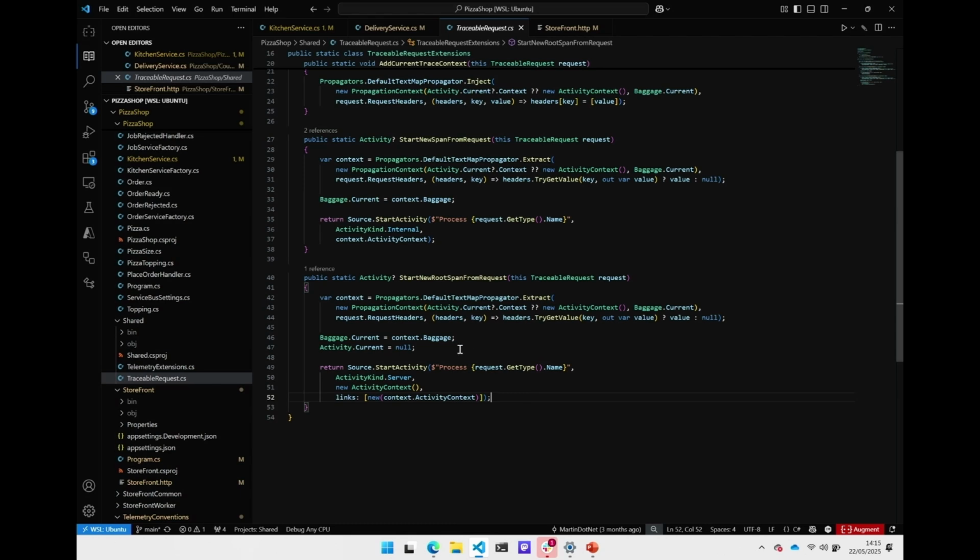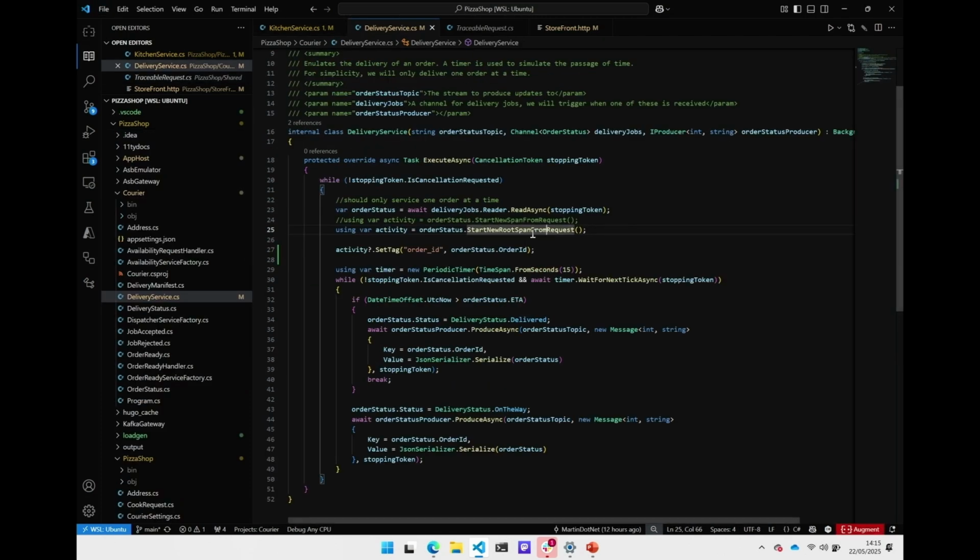And we've set the current span to null, which means that we're going to have a brand new trace. That's because .NET is weird and they won't fix it. So if you want a new trace, you have to do Activity.Current equals null, which is really annoying, but it is what it is. So now I have changed this here to use the new root span method.